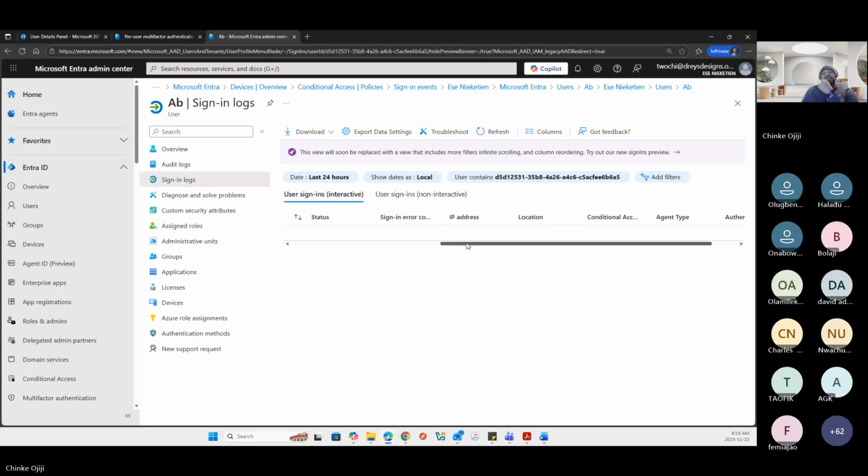So, as I said, when you are looking at these sign-in logs, you know the identity of the person that you are looking at. You know where the person is supposed to be working from, and you're also seeing here if there's any conditional access that restricts the person.